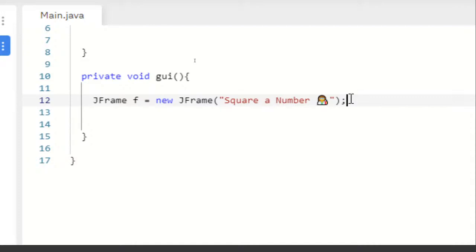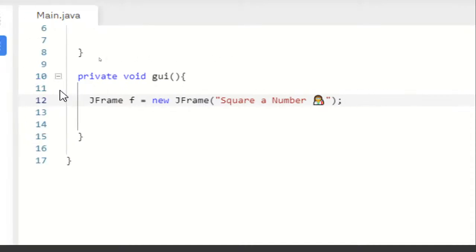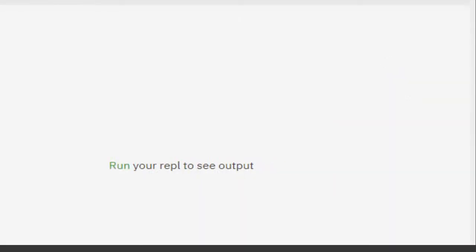So now whenever we want to change anything on our window, we're going to change it on our F object. So now everything's going to be F dot, whatever. And so we're going to need to set the size of our window, since we have a relatively small window here